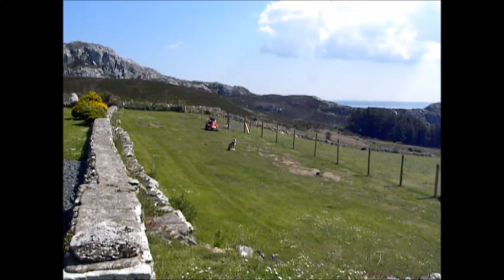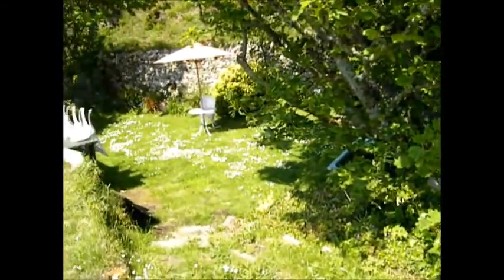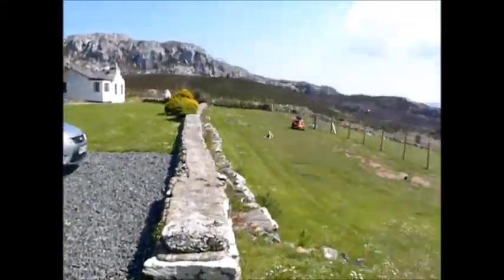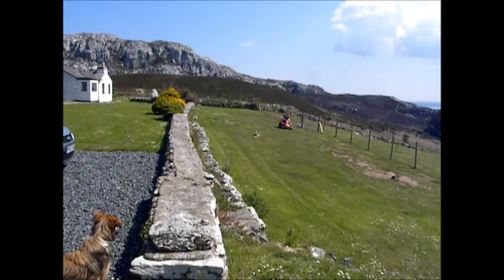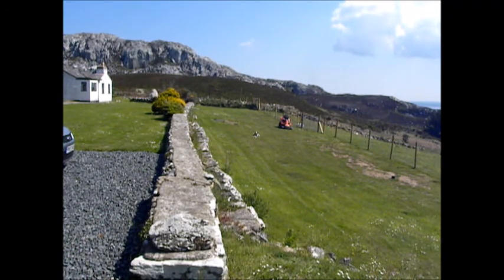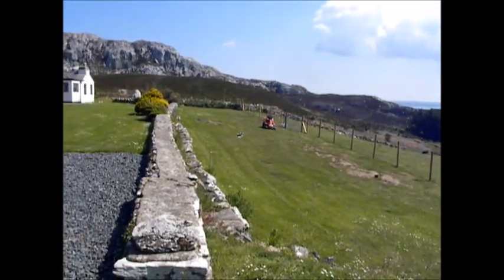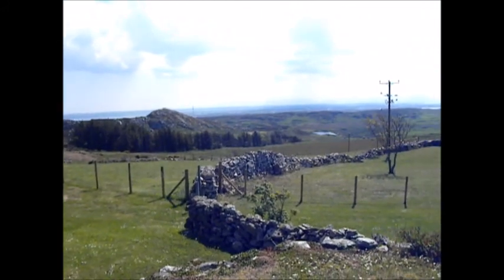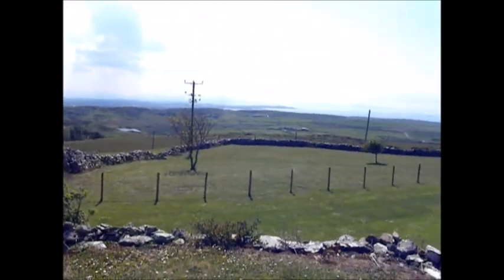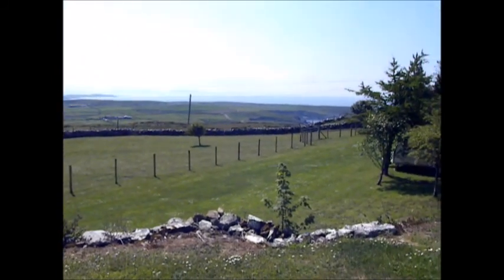Right. Okay, I'm carrying on now with the camera pointing down across the fields. I've got Dingley Dell behind me here, where I took the first sequence, and now looking across the fields. Hopefully you can see a change there, because we've finally got the whole property stock fenced. So we have the various gates here. There's Gwen sat down there chewing one of her toys in the sun, and as we come round here you can see the, oops, sorry about that. There's the campsite field, as we call it, with the stock fencing in it,